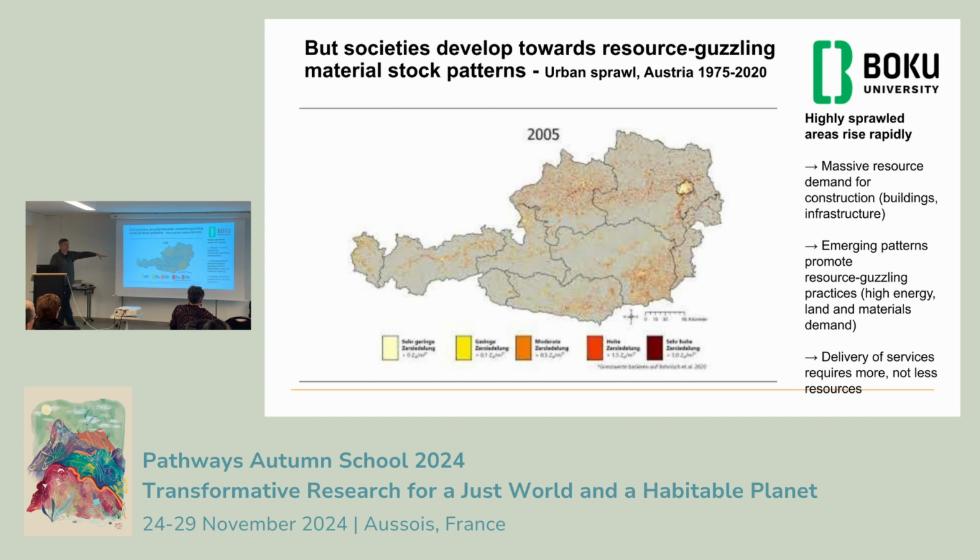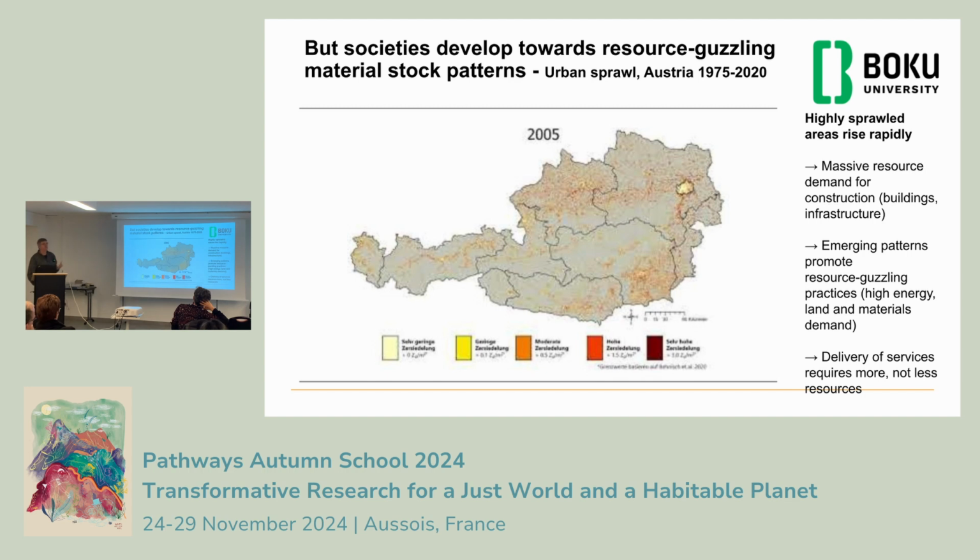Here you can see how Austria is covered with urban sprawl in the last 45 years. It's one of the most depressing results I have produced in the last years, and this is what I do not want. Can I go back? I don't want YouTube to spoil my show here. So we start 1975, 1980, yeah? And you see,